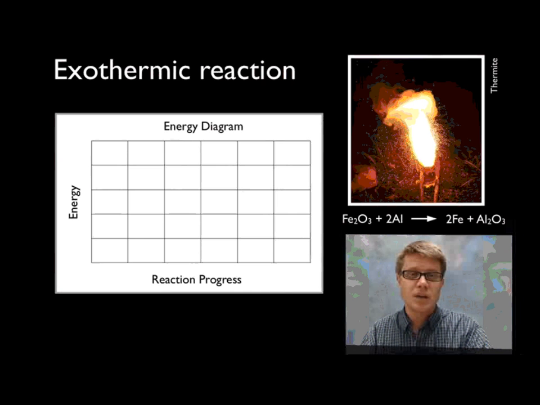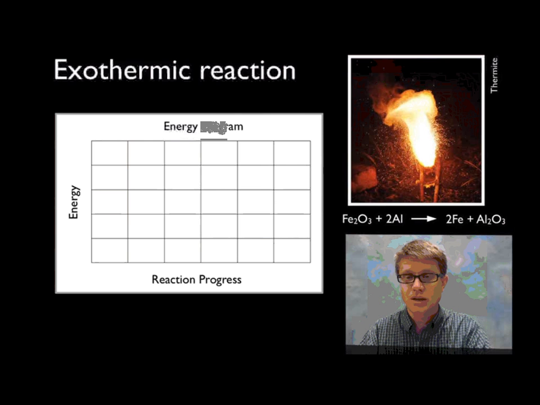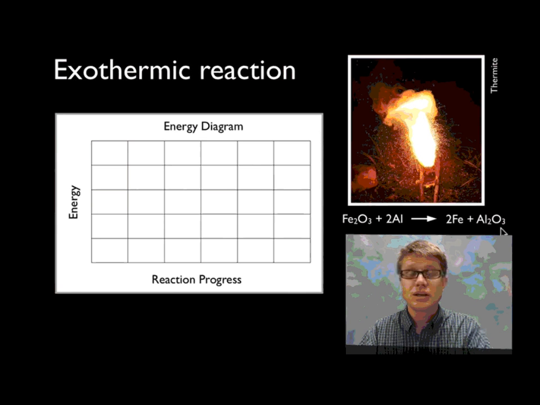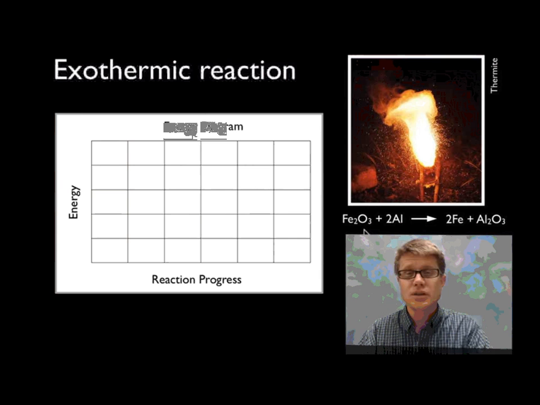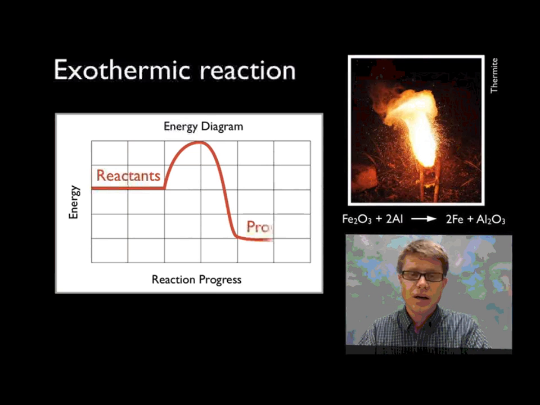Let me give you an example of that. Here's that exothermic reaction again. We've got a thermite reaction where we're taking iron oxide and aluminum, and we're making iron and aluminum oxide. This is a really intense reaction, and it provides the oxygen in this form of combustion, so this should be able to work even underwater. But if we were to look at the energy diagram of this over time as it progresses, we'd find that